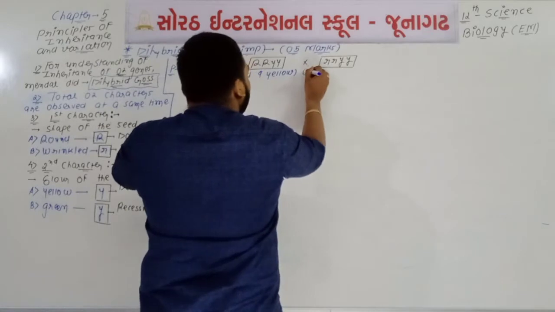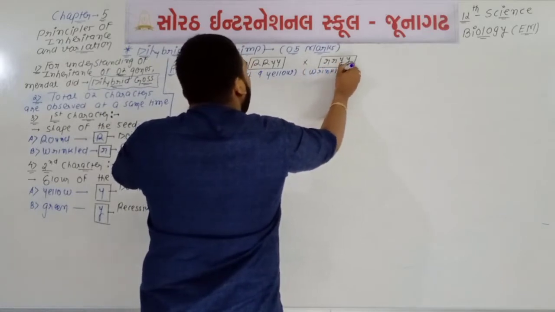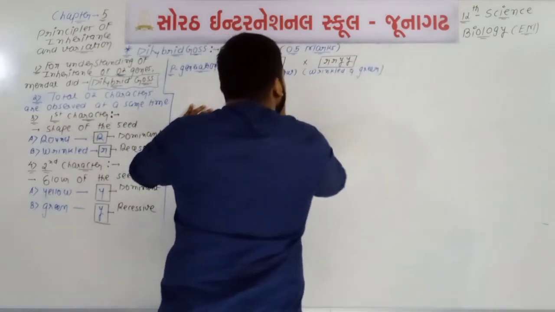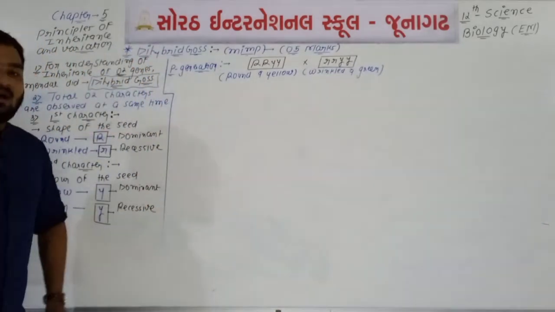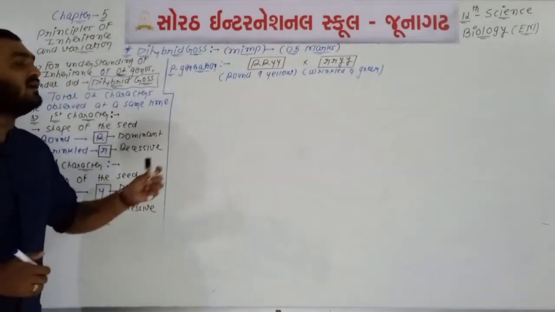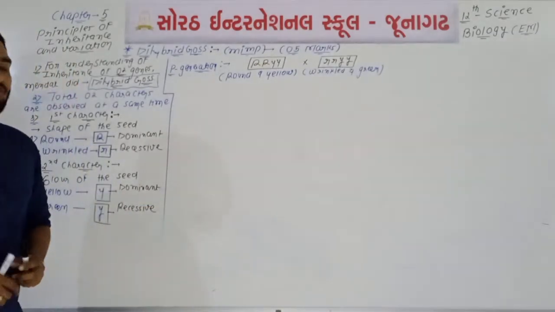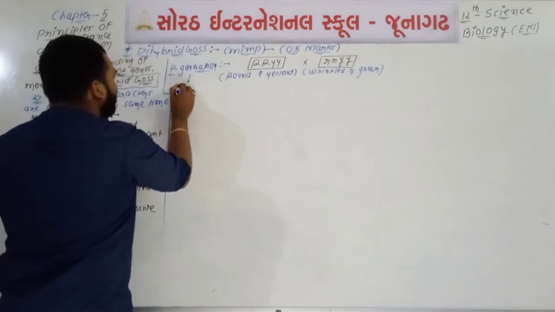Here we can say that wrinkled and green. Wrinkled and green means wrinkled shape and green colored seed. So as parents, we have taken the homozygous dominant cross with the homozygous recessive. Now if we talk about the gametes,